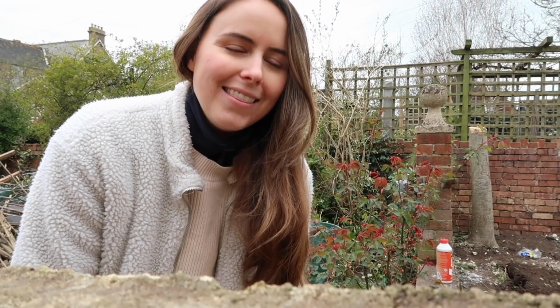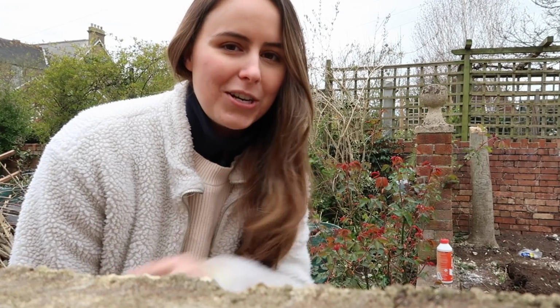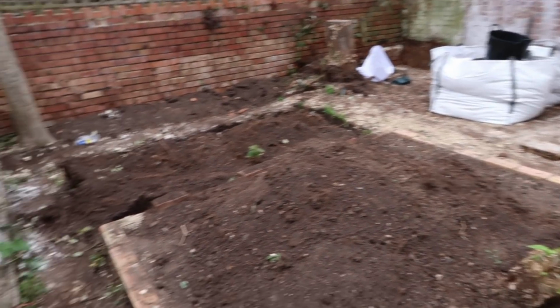And created a mud pit. Typically a few days in and the temperature has dropped, hence the 10 million layers. But today we have a lot of soil to shift, which we're going to try and get out the front and get rid of it for free. Because although we've cleared this area,